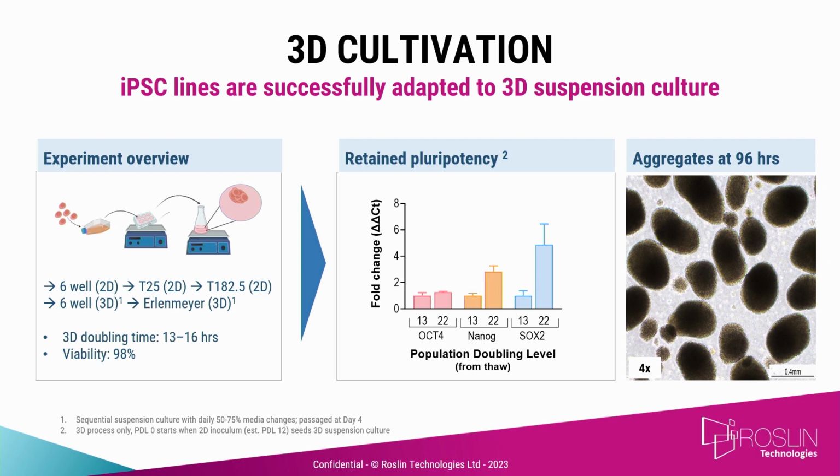And at a small scale, even at a small scale, should I say, we see not stable pluripotency, but we see an increase, an enhanced pluripotency coming through with these iPSCs. And we're not really sure why that is happening. It's most likely due to the microenvironment that the cells are exposed to. And there's a lot that we need to unravel when it comes to spent media analysis, the oxygen gradients, the mixing efficiencies, the shear. Everything that happens in that environment is going to impact cells, and our understanding of what we can do to manipulate those process conditions to produce a more efficient, robust and scalable protocol